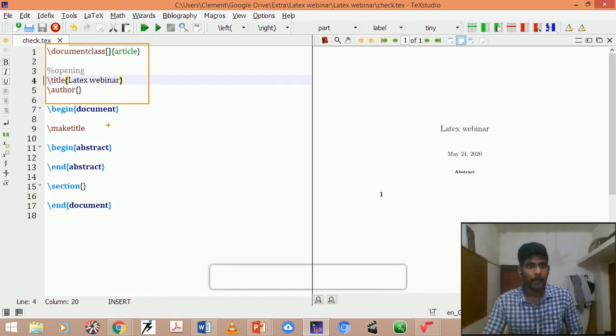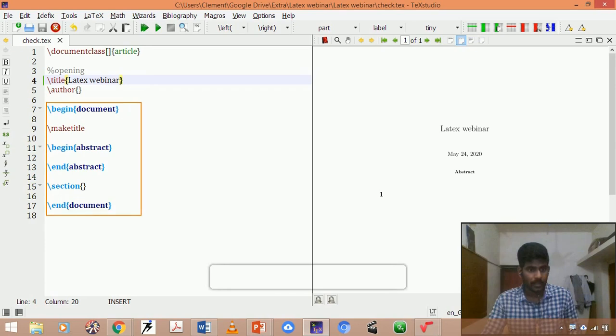One more part is the actual content, whatever you are going to feed as a text document, that is called the body of the LaTeX, that is from begin document till end document. So in this you have learned two things: one is the preamble part of the tex document, and the second is the body of the content, where you write text in the document from slash begin document till slash end document.